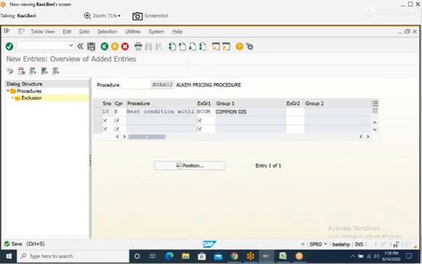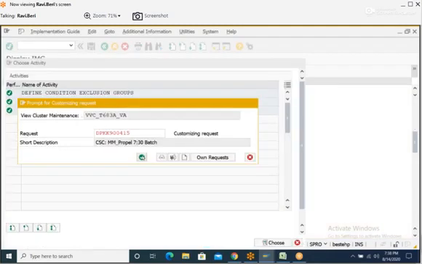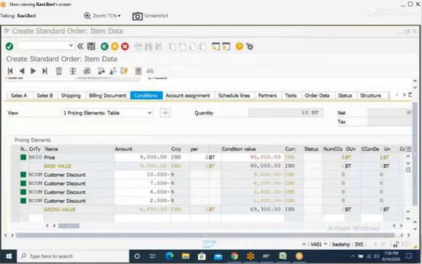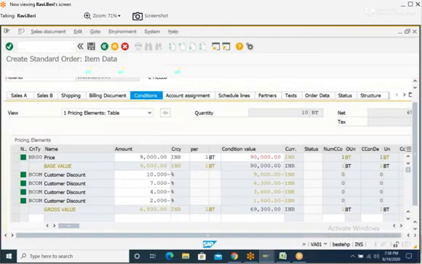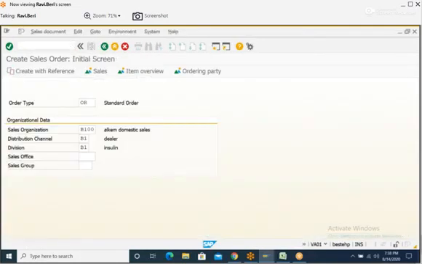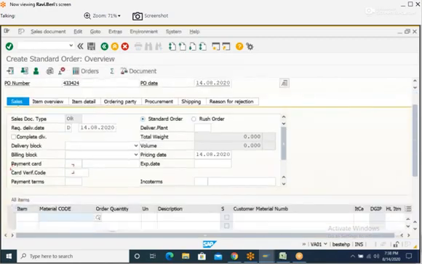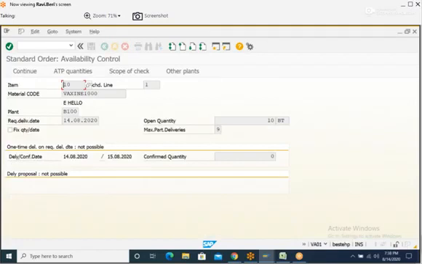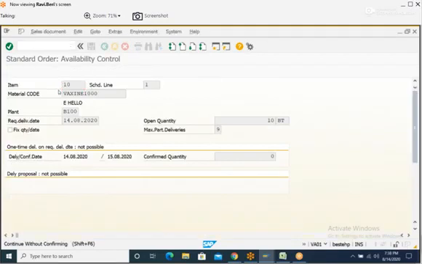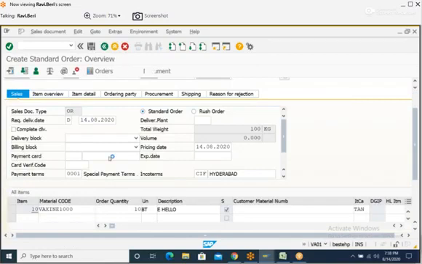Now create order again and see the result. Now go to conditions.